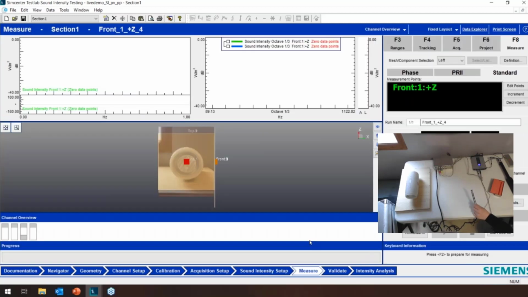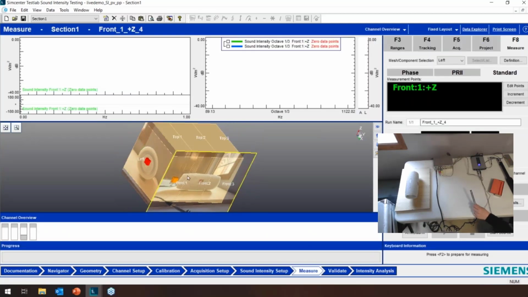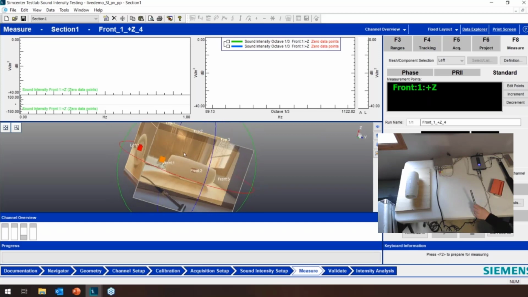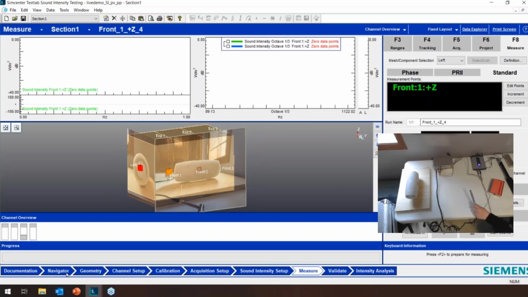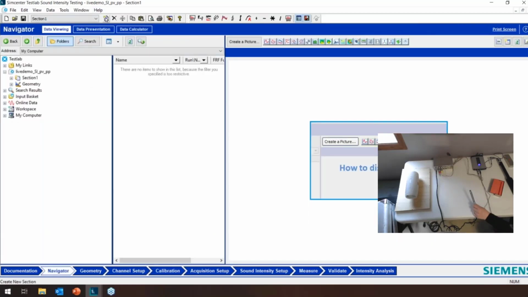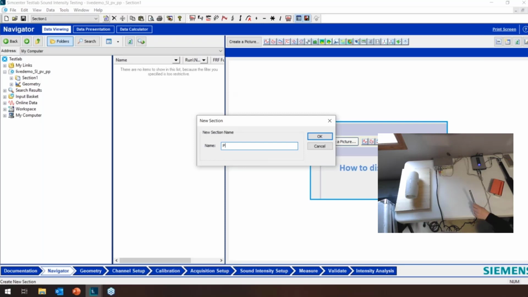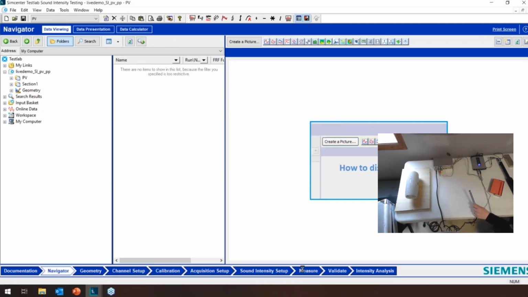So I'm going to play some white noise again. So Steph, do you want to create a new section or do you want to just override the existing data? Which way you want? Oh, that's a very good point. We'll call this one PV. I'm very excited to do measurements, Raj. Thanks for reminding me. I can see that, yeah.